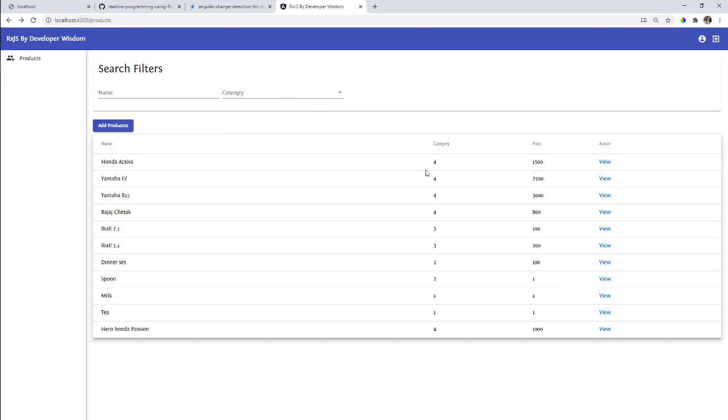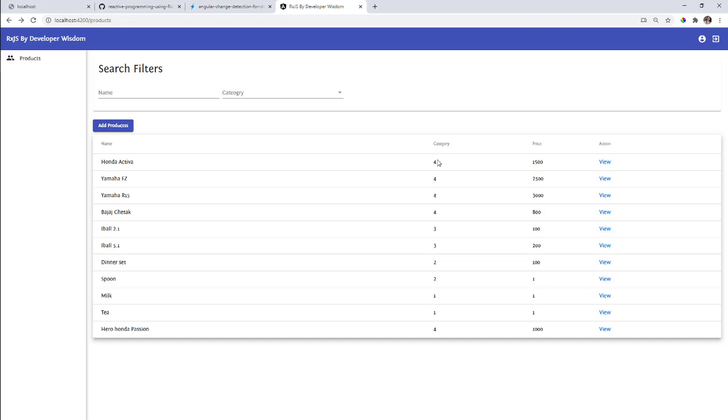So if I need the name of the category, I would need some kind of mapping by which I pass the category ID and get the category name. To do that, I have to perform some kind of combining. I will talk more about it, but at a high level, we have to combine those streams to get the data required for us.